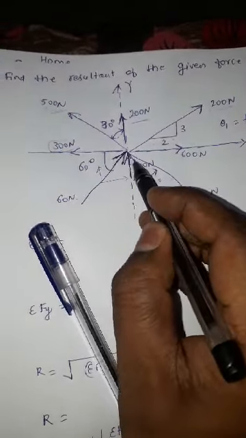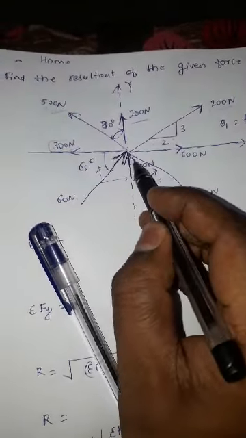Next, coming to the 500. It is making an angle of 30 degrees with the vertical. जिसके साथ एंगल बनाता है वो क्या रहता है, cos. So it will become 500. यहाँ पे एंगल बन रहा है वर्टिकल के साथ में, तो ये क्या बनेगा, 500 cos of 30. ये बनेगा आपका 500 sin of 30. Again this is horizontal, so you don't need to resolve this 300 Newton force.